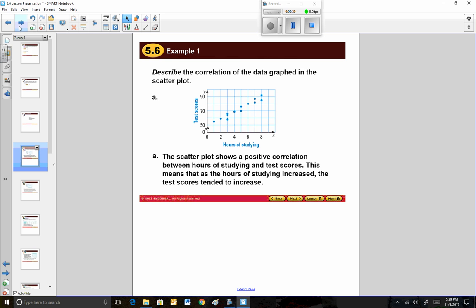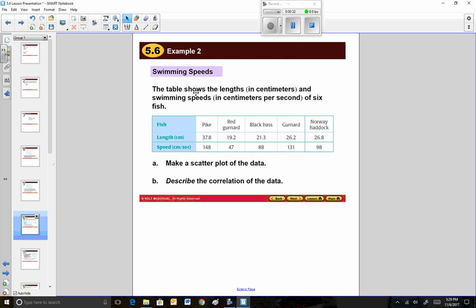All right, let's take a look at another picture. The table shows the lengths in centimeters and swimming speeds in centimeters per second of 6 fish. So what we could do is use X and Y and make a little scatter plot out of this. So we graph it,